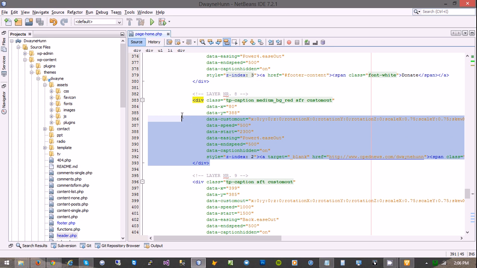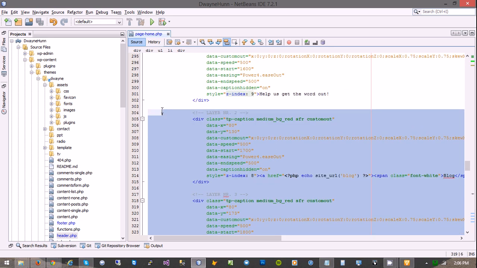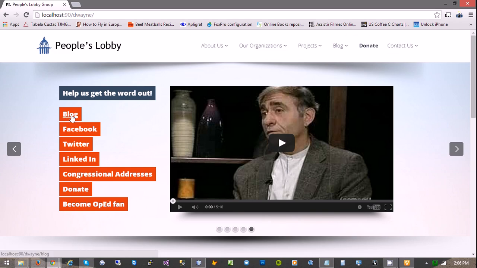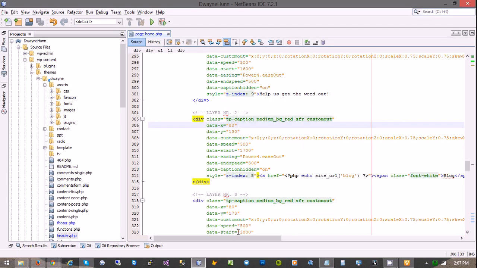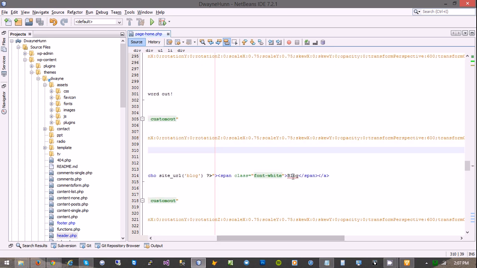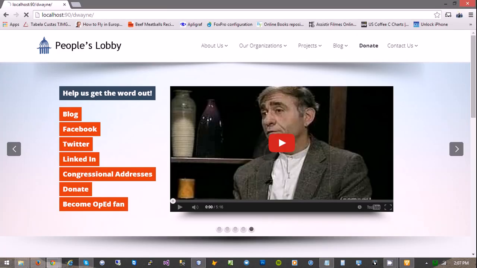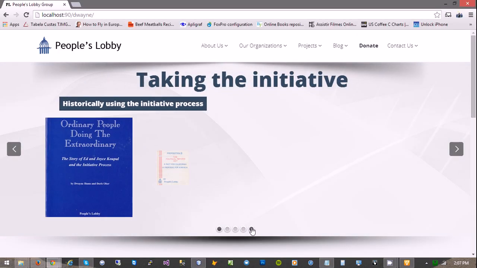And let's say if you would like to reorganize these links, what you would have to do is change layers from 2 to 8, right? So 2 to 8 are all these links, 2, 3, 4, 5, 6, 7, and 8. If you would like to change just the wording, very simple. Let's say for the blog here, it's layer 2, right? So let's say we want to change to visit our blog, and you just change the text and it would show up there,